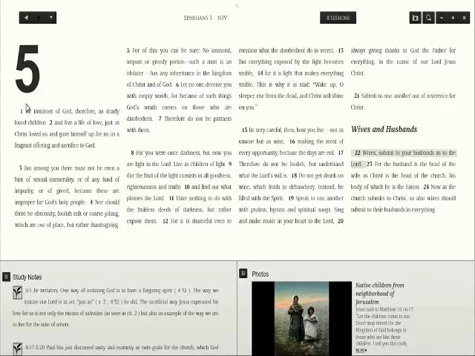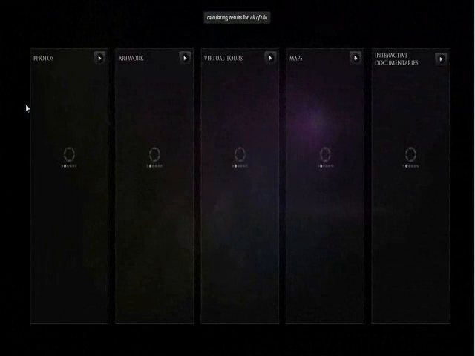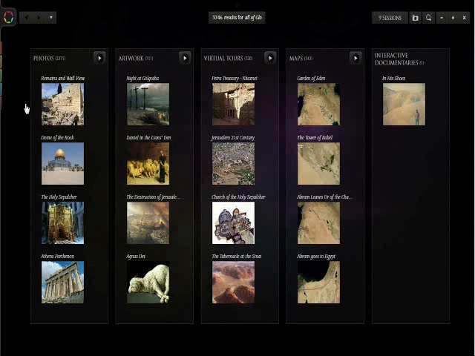Glo also has a lot of media that helps you experience the biblical world and scripture. The media section highlights all the media elements that Glo houses, such as more than 2,000 high-resolution images, more than 100 expert videos and static maps, and more than 500 virtual reality tours. The virtual reality tours really offer the user a very immersive experience of the biblical world.